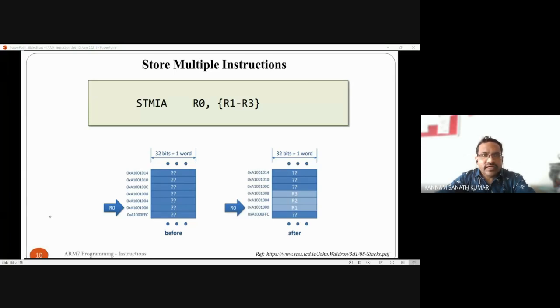So this software interrupt instruction enters into supervisory mode. Normally it will enter into the supervisory mode. Only in the supervisory mode will this software instruction be executed. Okay. So where can we use this supervisory mode? We can use it in the exception handler. Okay.